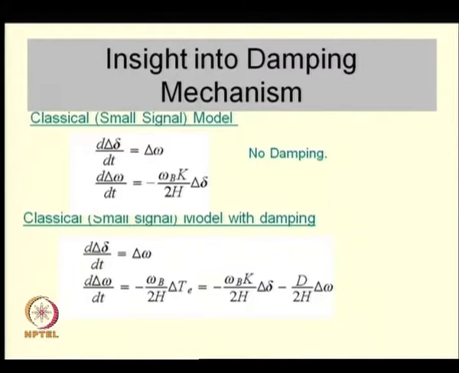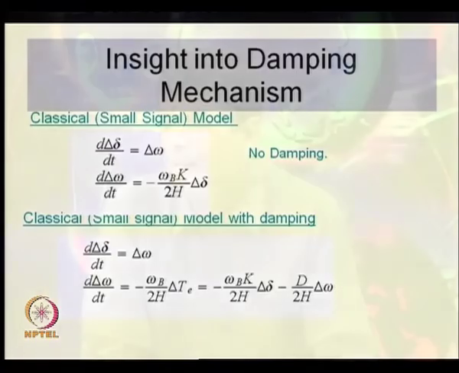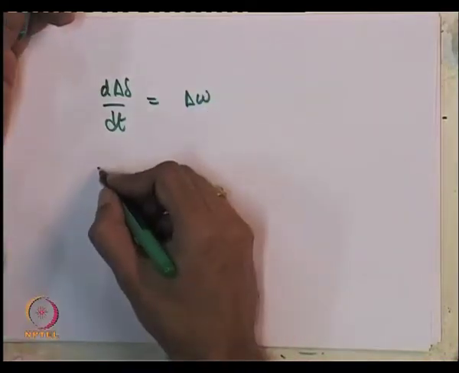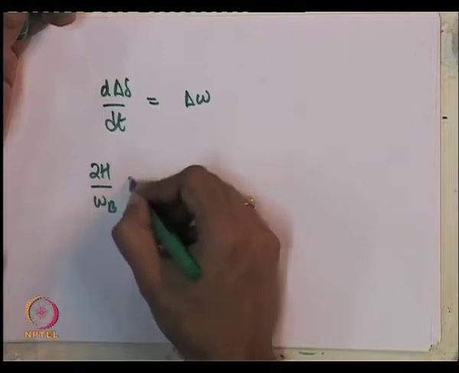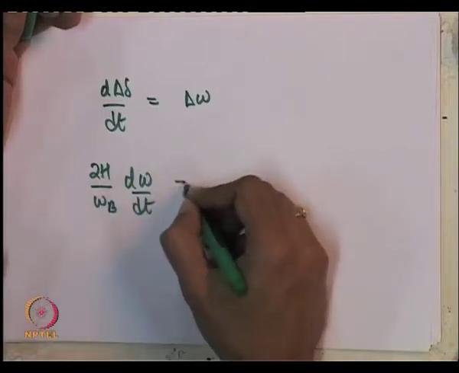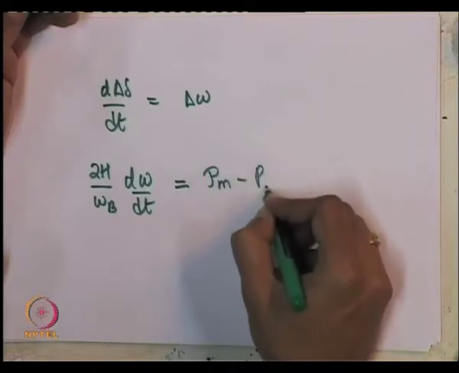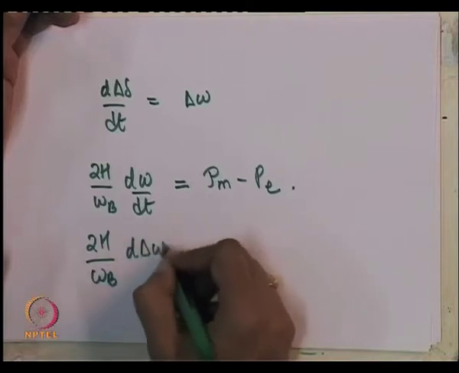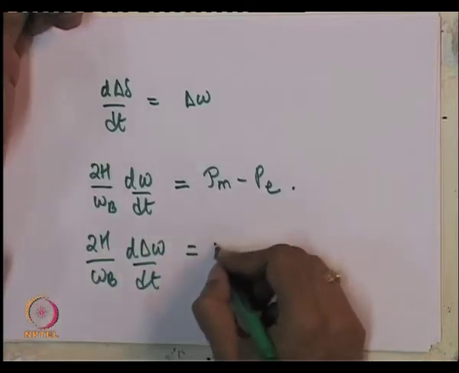Now, k here is operating point dependent, because we have obtained it by linearizing the system, that is, evaluating partial derivatives and plugging in the values at the equilibrium point. So, if you recall, for a single machine infinite bus system, 2H by omega b d omega by dt is equal to, in per unit, Pm minus Pe, which if you linearize with the assumption that mechanical power is a constant, then you will get